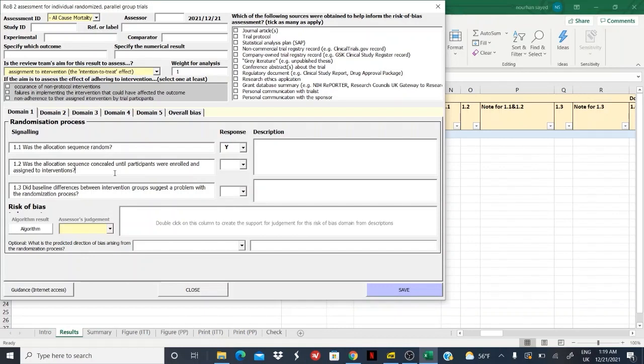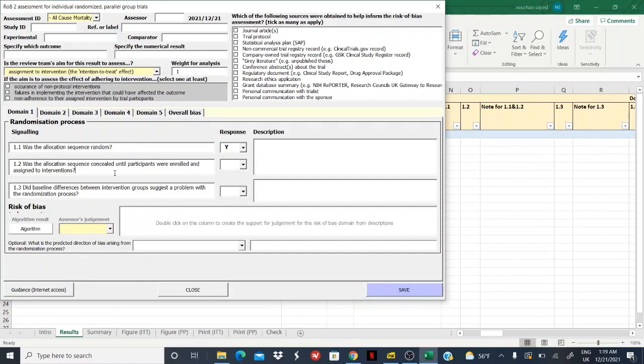If he knows this, then it's very easy to subvert the randomization process. It's very easy to simply assign the sicker patients to enalapril and the well patients to sacubitril valsartan and get really impressive results for sacubitril valsartan, even though the treatments might be equal in efficacy. Now, we know they're not, but in a hypothetical scenario,